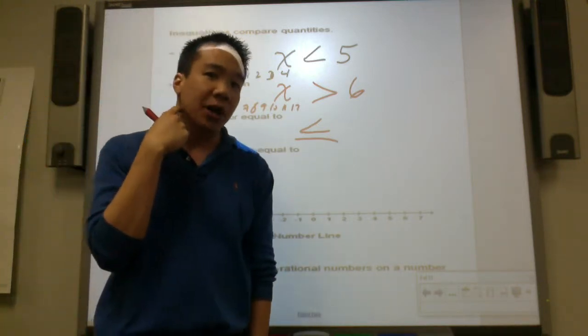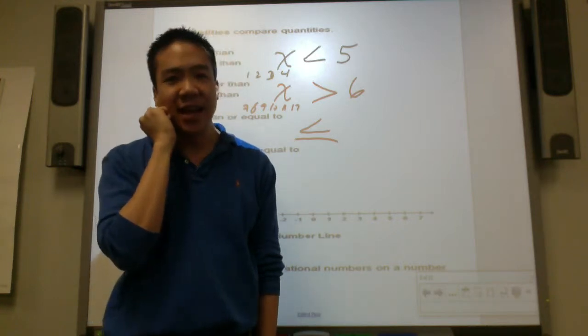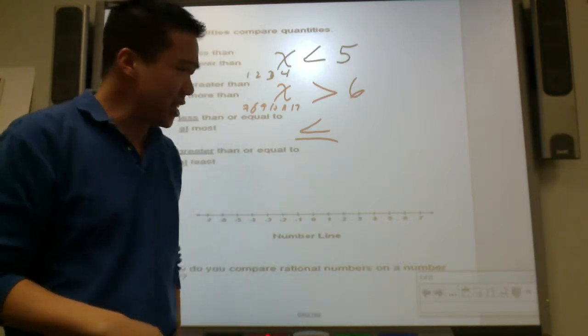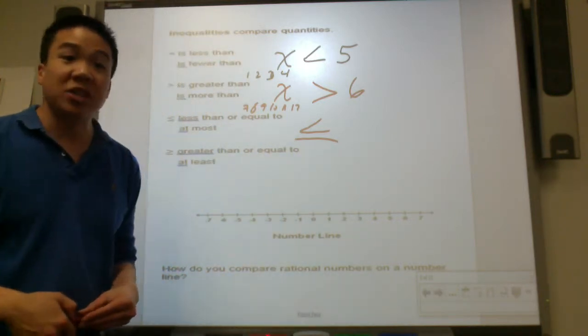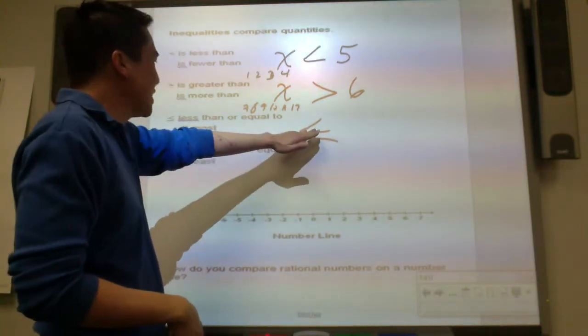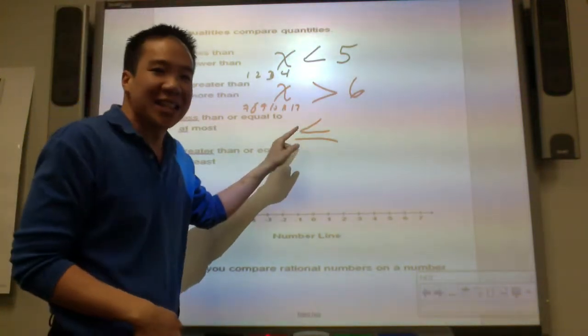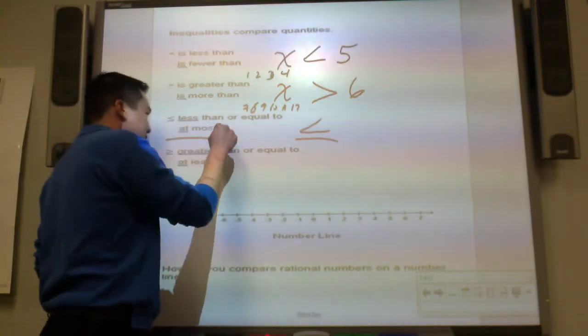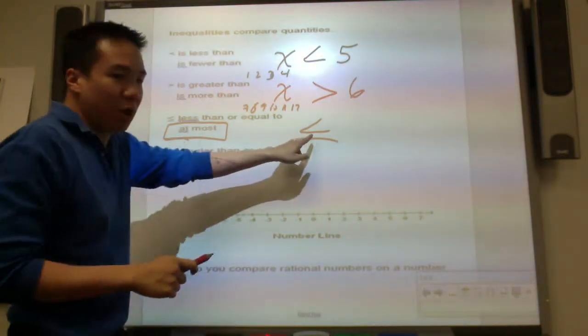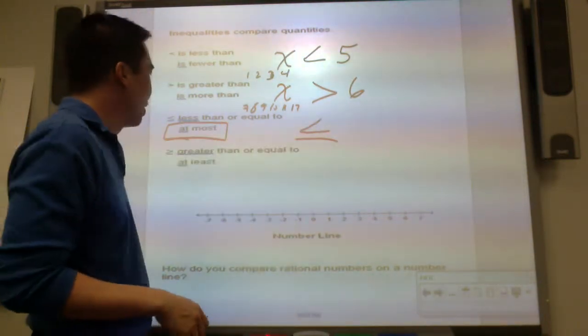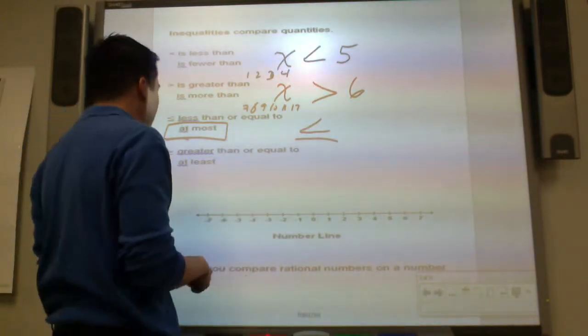I promise you in the upcoming activities and tests and quizzes and assessments, you've got to be able to distinguish this. This means less than or equal to, or at most. Please memorize this. At most. At most is represented by this. Watch the direction. So x